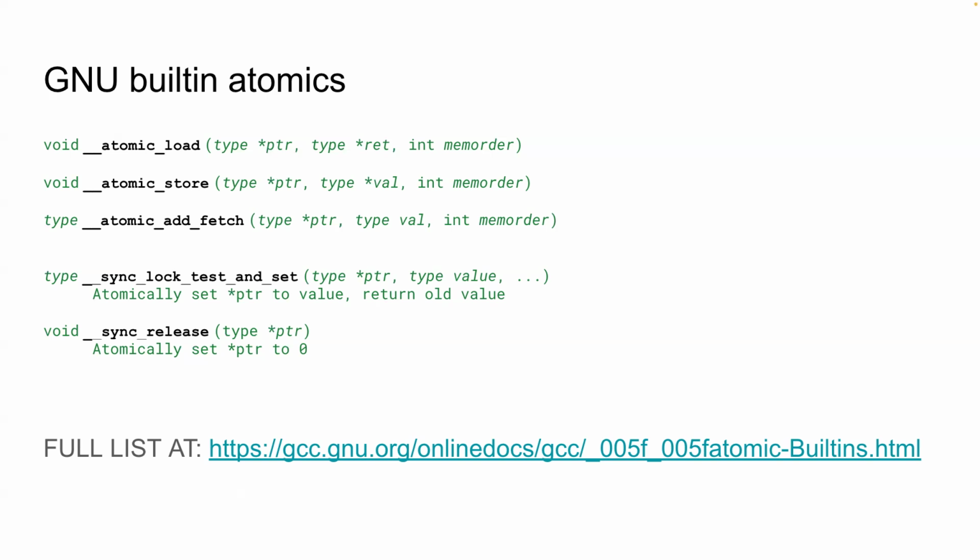There's also an atomic fetch add. So what add fetch does is it adds the value and returns the result. Fetch add returns the old value and stores the updated value inside, right? It's just an ordering thing. The last two are